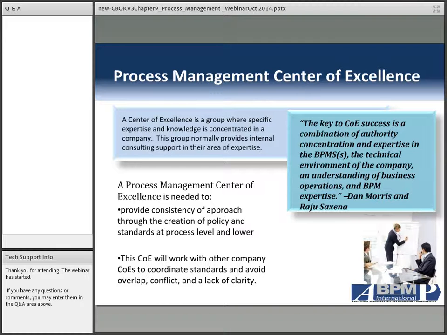One of the things that helps you with process management enforcement is a process management center of excellence. Now, a center of excellence is really just a place where you concentrate certain types of knowledge, certain types of expertise in the company. The Center of Excellence is normally responsible for interacting with other centers of excellence and others within the company. As an example, I would expect a process management center of excellence to interact with IT, interact with production,